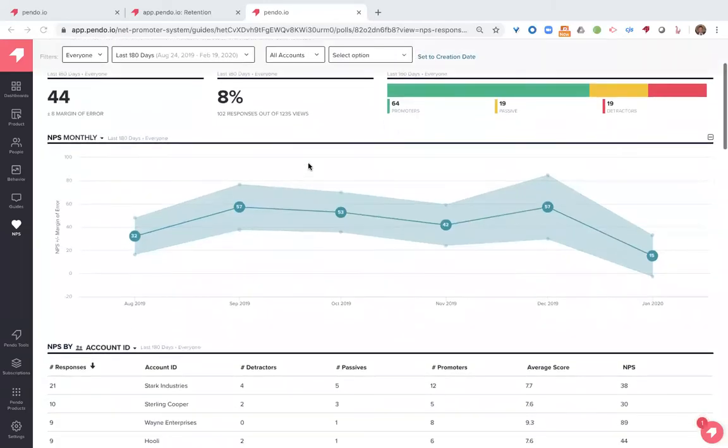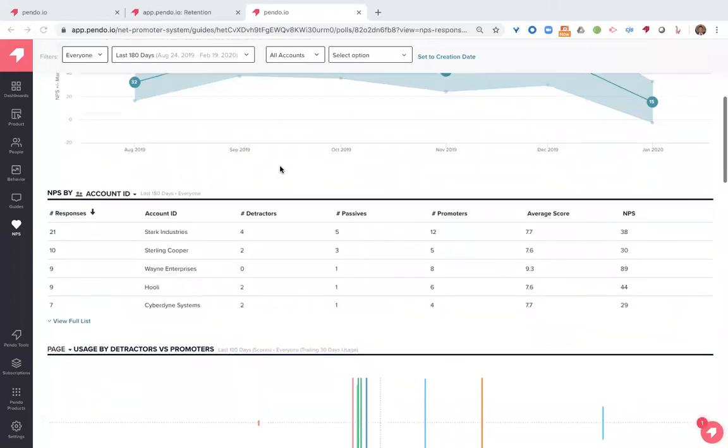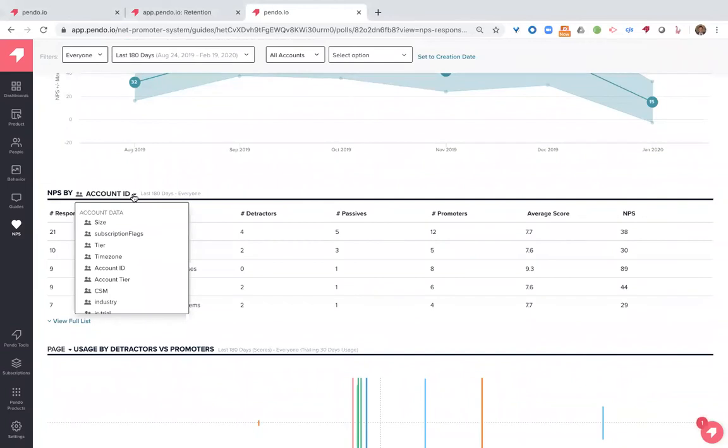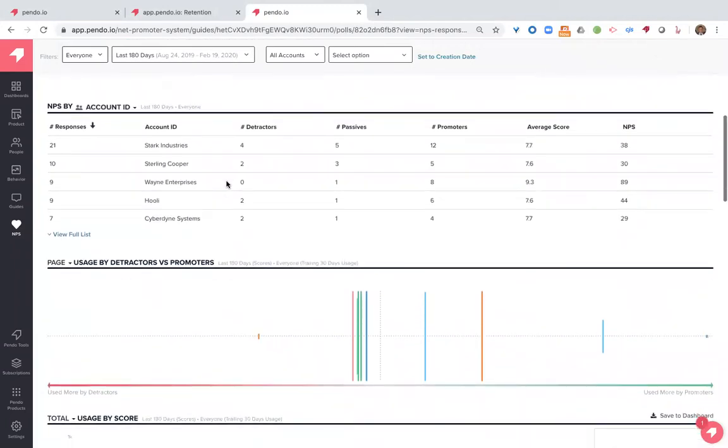So if I scroll down here, in addition to how my scores are trending, I can certainly categorize my NPS by various accounts. Certainly any of that metadata we talked about in segmentation, such as industry, maybe account size by revenue, right? You have many ways to slice and dice this, but that product usage really comes into play